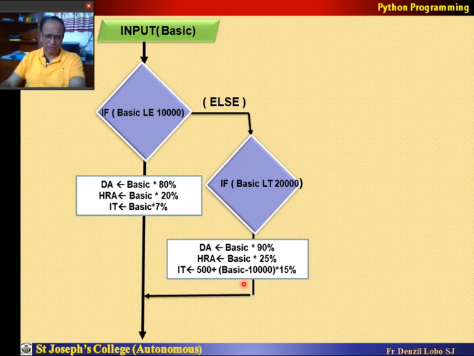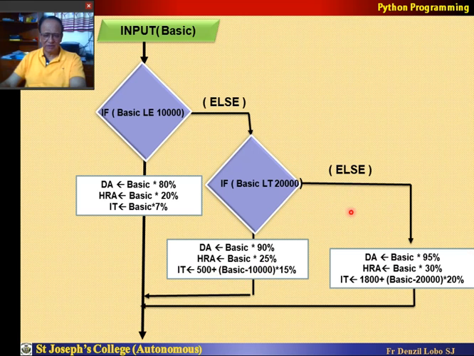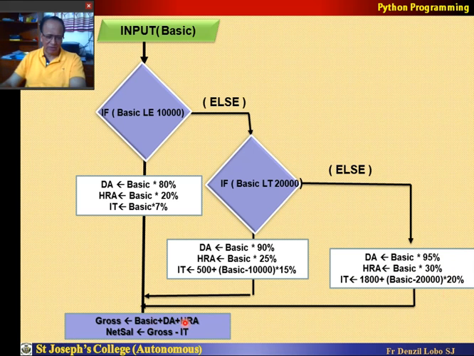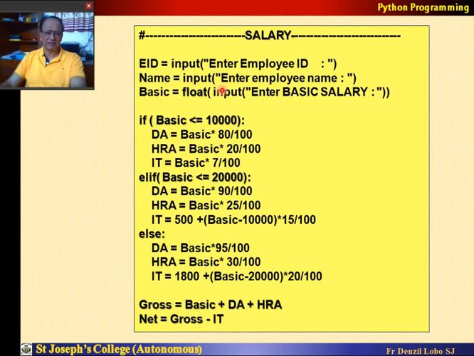Please note this one. The third option is, naturally, basic greater than or equal to 20,000. Then DA is equal to 95% of basic, HRA is equal to 30% of basic, and IT is equal to 1,800 plus basic minus 20,000. For that amount greater than 20,000, I calculate at the rate of 20%. So this is the flowchart for that, and then you print gross and then net salary. So this is the flowchart. With that, let us see. We input